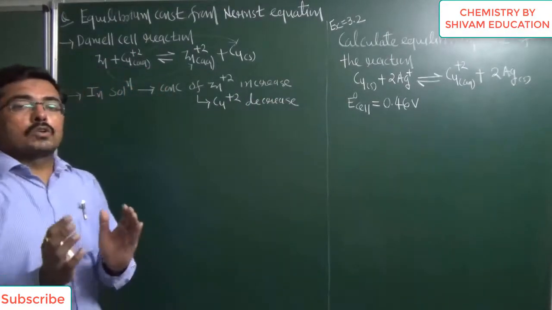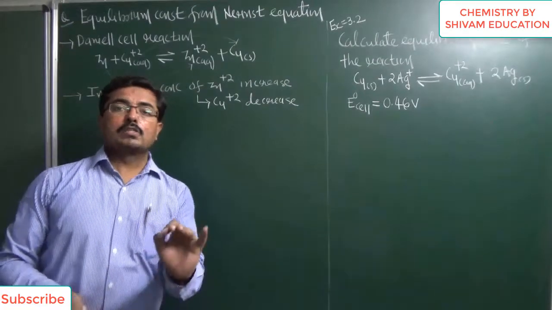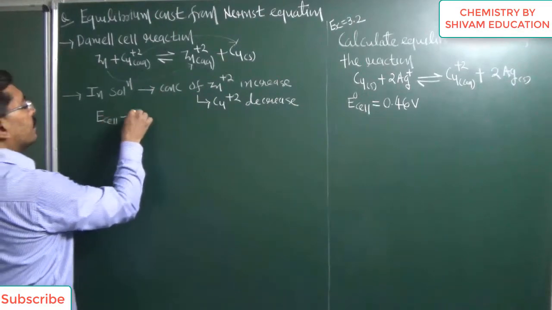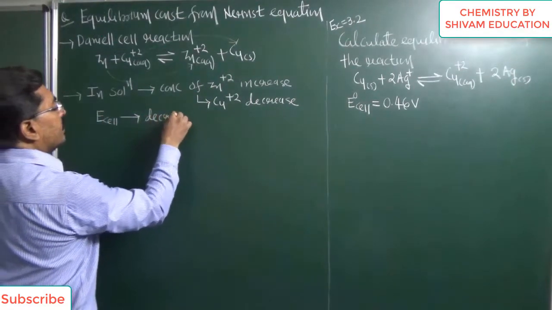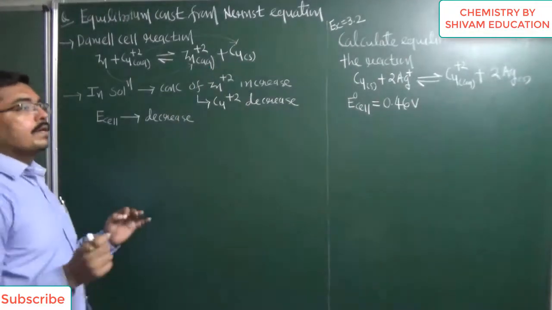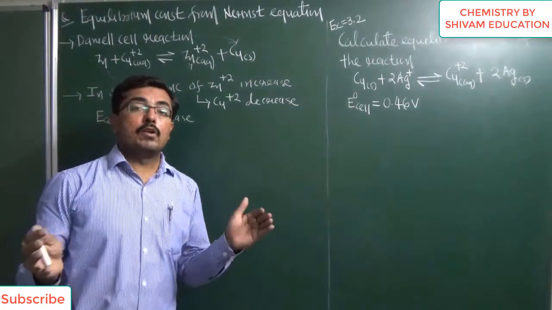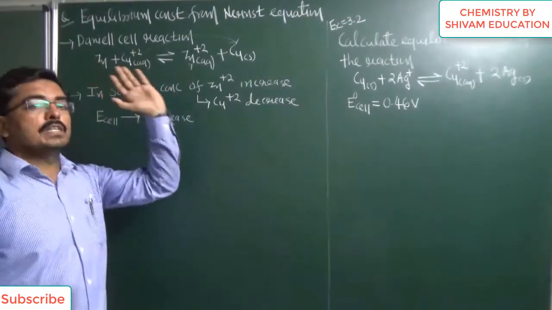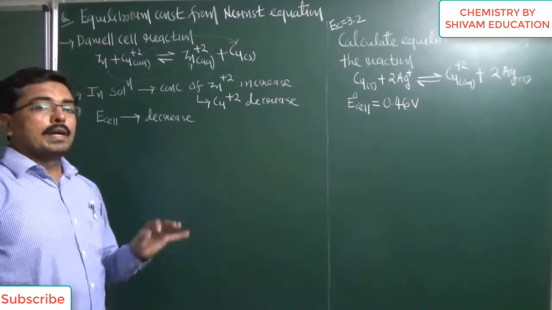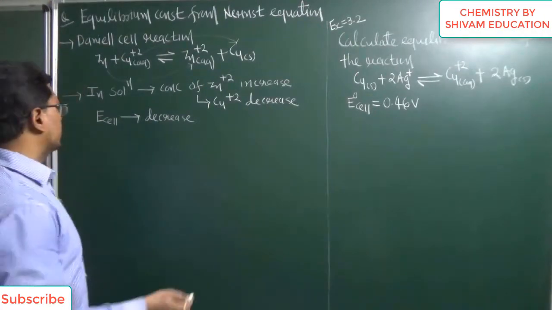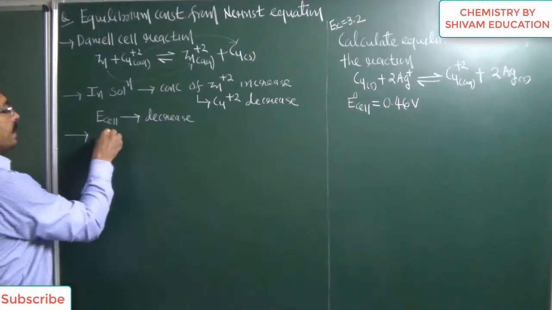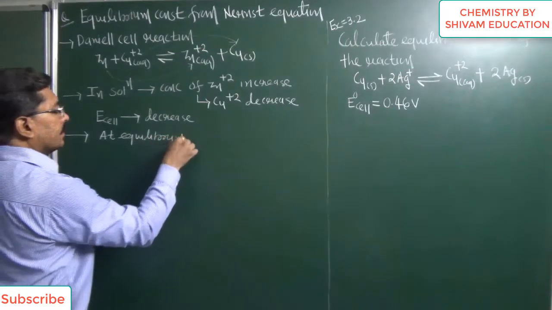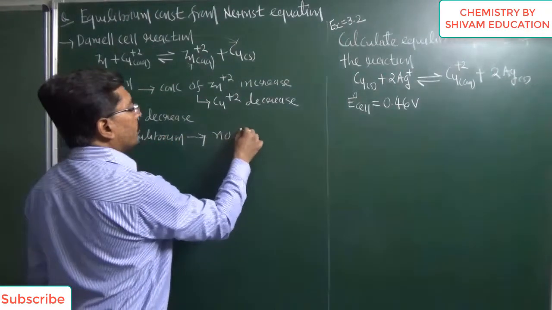So it is observed that the cell potential slowly decreases. When the cell reaction occurs, the cell potential starts to slowly decrease. Now one time will come when there is no change in the concentration of Zn+2 ion as well as the concentration of Cu+2 ion, and this state is known as the equilibrium state. So we can write that when the system attains equilibrium, there is no change in